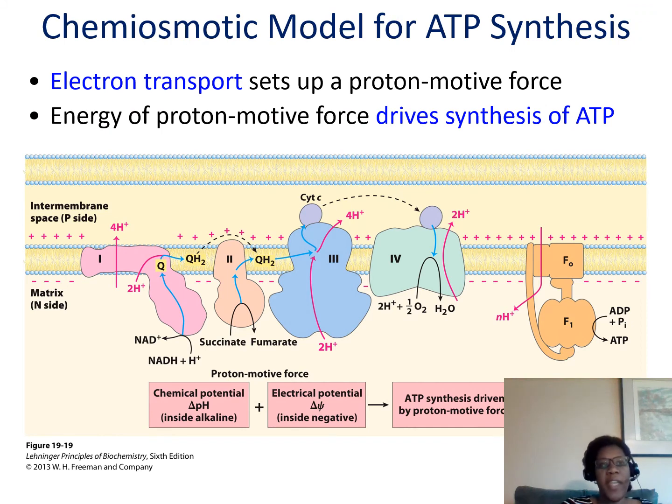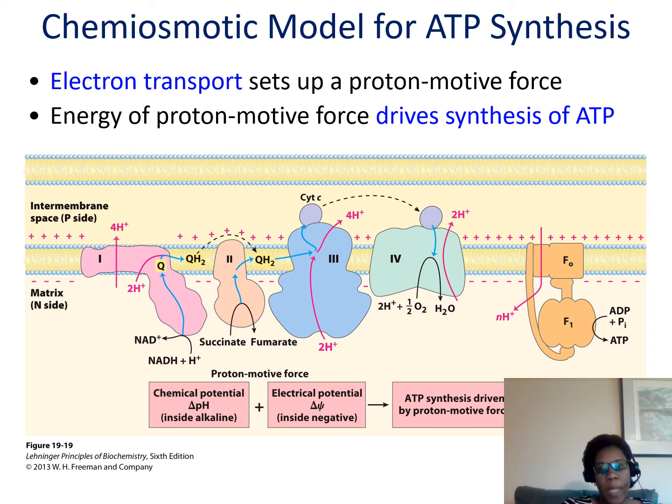So right now we have a model for the synthesis of ATP, and it's driven by the proton motive force. If we look at our intermembrane space and our transmembrane proteins, we see complex 1, complex 2, complex 3, complex 4. But just next to those, we have our ATP synthase, or complex 5, but it's always called ATP synthase. And so when we have created this electrochemical gradient, we have all these extra protons, 10 extra protons just from NADH